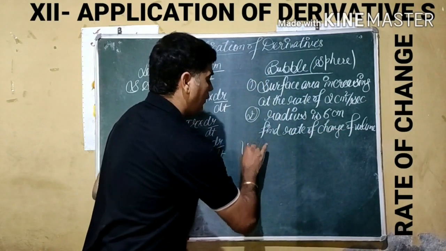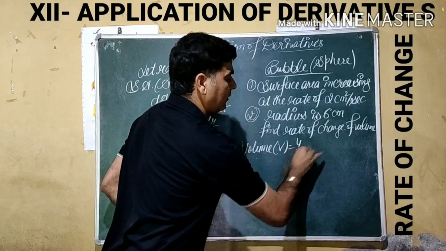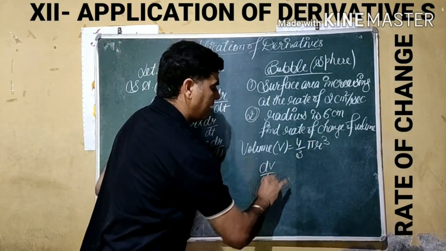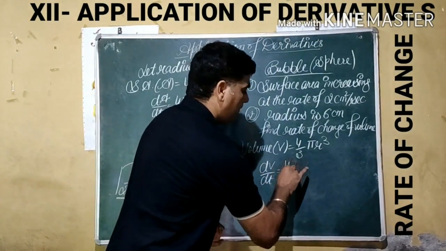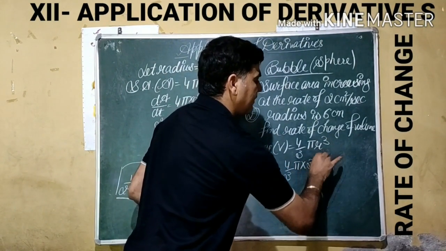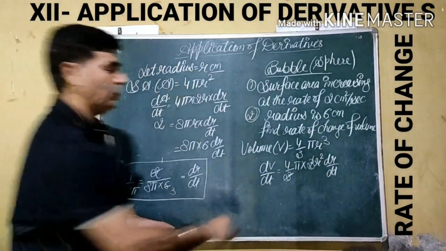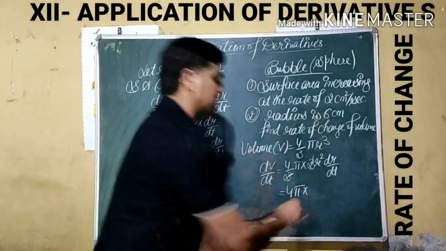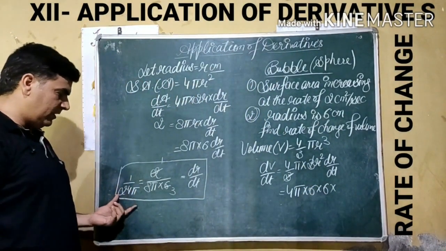And we know volume in case of a sphere, we are indicating by V. It is given by 4 by 3 pi r cube. Now we have to take derivative of V with respect to time, because earlier we were doing derivative with respect to time. So it is given by 4 by 3 pi constant, derivative of r cube by power rule 3r square dr by dt. Now replacing all the values, 3 cancel out, 4 is a constant, pi is a constant. Radius is already given 6, so it becomes square means 2 times. dr by dt we have already calculated, use it from here, 1 upon 24 pi.